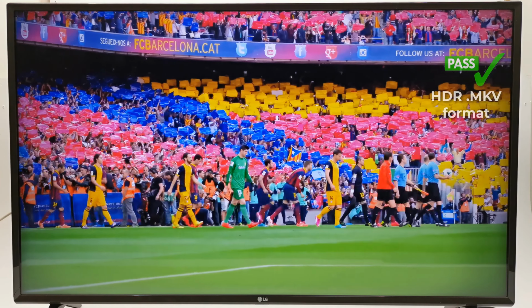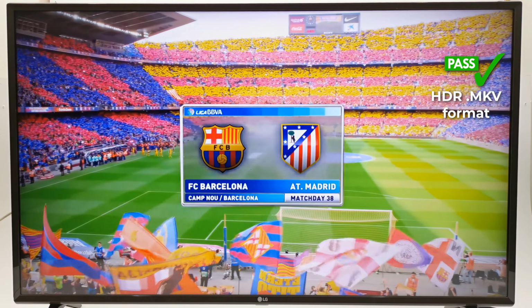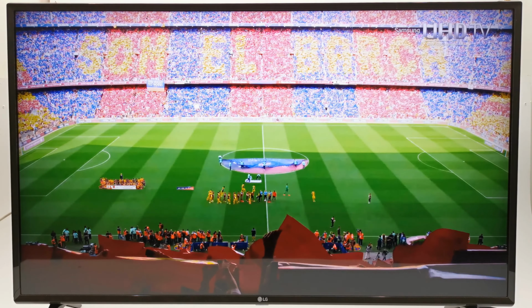Same number of points as Atletico, but the head-to-head goal difference is what counts in the case of a tie on points. The mosaic of the Camp Nou, and